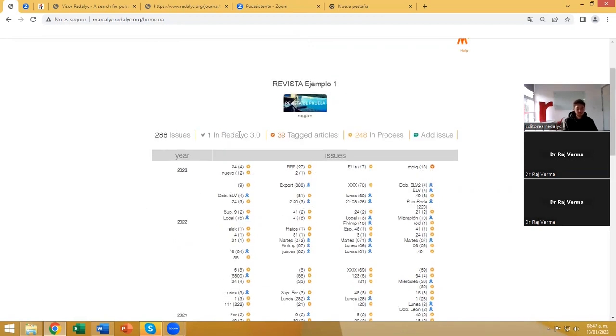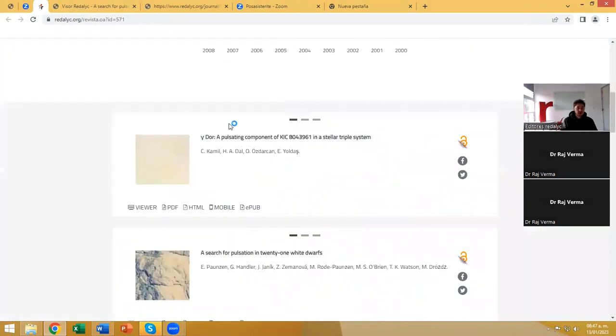So then the indicators, the information that we have here. First, we have the total of the issues that we have created. Okay, this is the total of issues. Then we have, with this green check, the numbers or the issues that are already online. Okay, the issues that are indexed inside Redalyc. Okay, the ones that we can see like this,